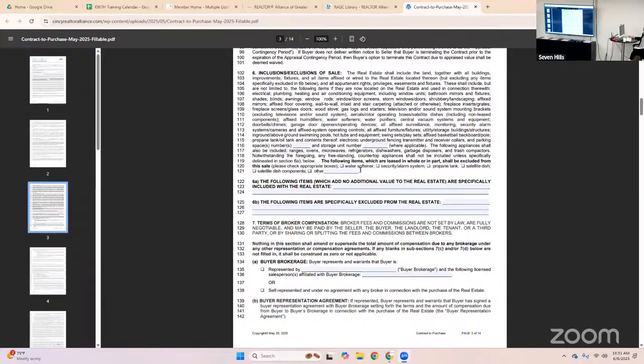So, just to be clear, did you find it? Doorbells and chimes and all fixed security alarms, so there are a lot of those. Yeah, it's already listed here. I don't believe that it's listed in Kentucky though. I ran into that a few months ago on a property. They had a very expensive security system. The sellers did not want to leave it, the buyers wanted it. I don't really remember how that played out, but especially in Kentucky, you need to be careful with that. But this is specifically Ohio that we're looking at right now.